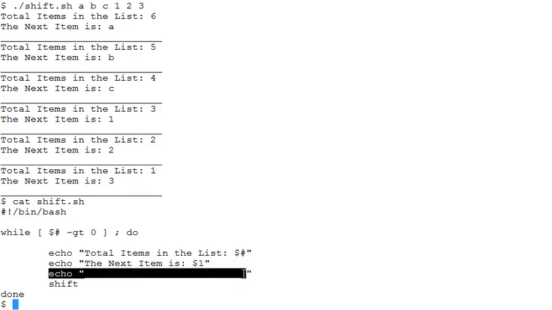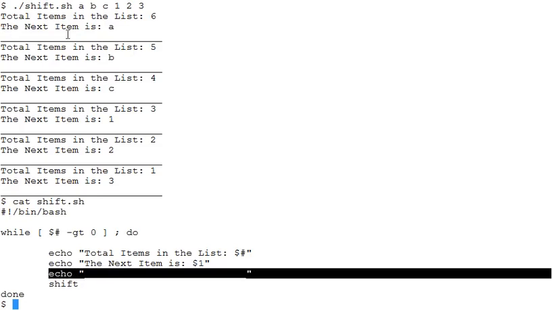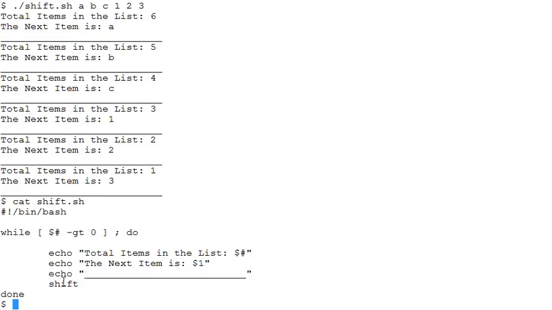Here we are printing out a line, as you can see here, and this shift command is discarding the current value being referred to by the $1 variable.